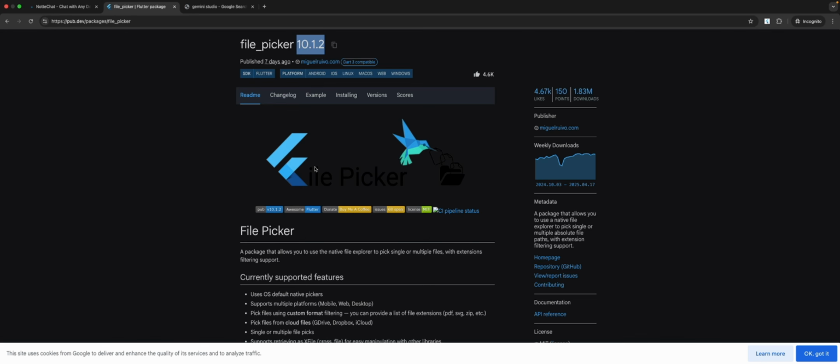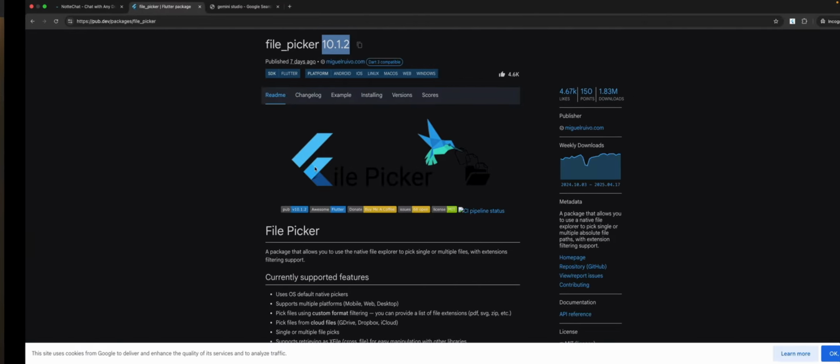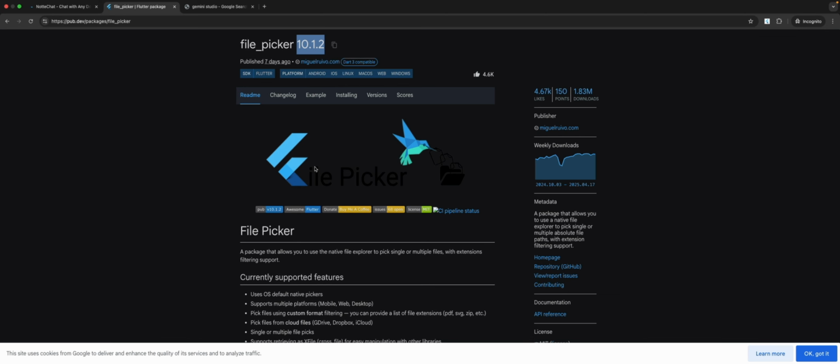But I used the older version because with this new version, I encountered some issues when I was testing it on Android. If I specify the allowed extensions, say PDF and docs, whenever I try to pick, it's also showing other files that are not PDF. It's showing images and all that. So I think that's one problem with this